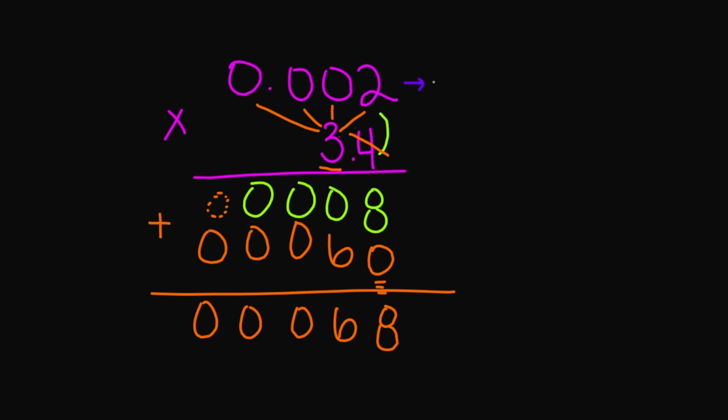So this is 3 decimal places. Here we just have 1. So your final answer needs to have 4 decimal places in it. So we're going to have 1, 2, 3, 4 places us right here. So your final answer is going to be 0.0068. And let's try one more example,